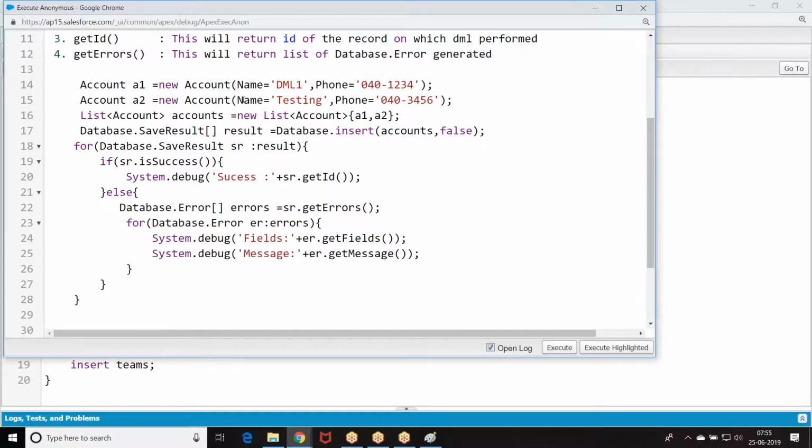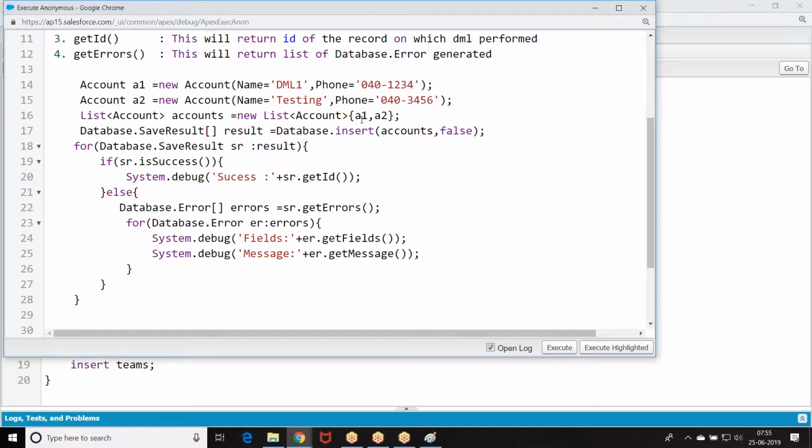Now tell me how many records I'm inserting. This also shows the DML option. How many records am I inserting? Two records. But now you have to understand, our trigger should be ready to handle any number of records at a time.